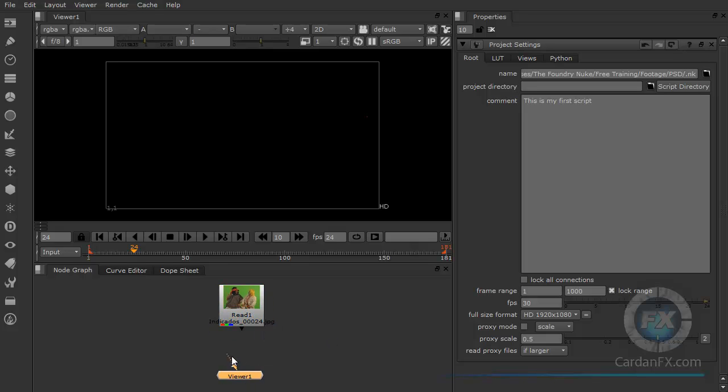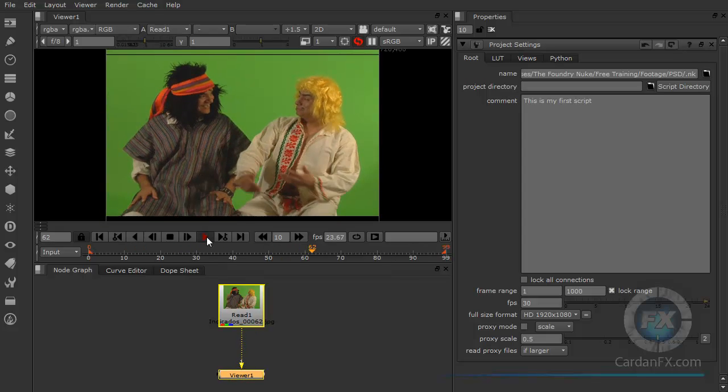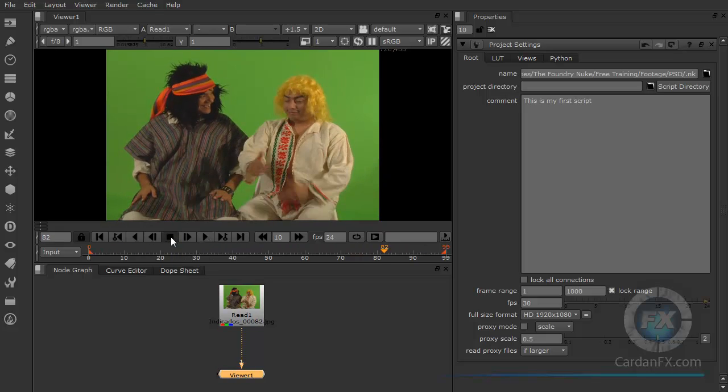Okay, so now let's connect this sequence and let's hit play so that you can see what we have here. Perfect, we have something going on, and that's what we're going to be using in this session. So now, what is a mask? A mask allows me to hide my face normally, right? So you can place a mask on your face and nobody can see your face. That's actually the same type of thing that we can do here inside Nuke. So what I will do is I'm gonna create a mask, but before I do that, I'm gonna